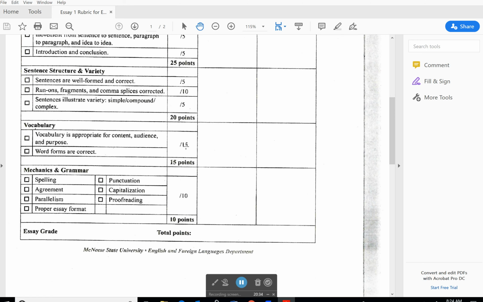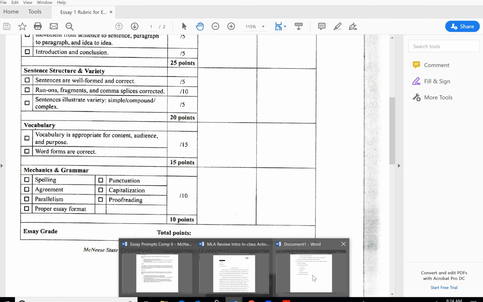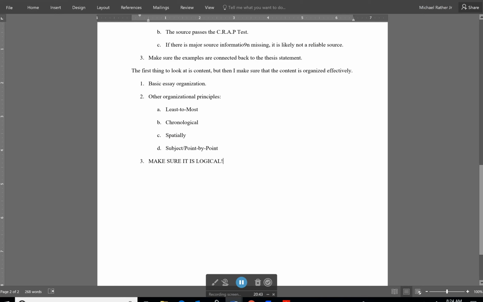I don't like to assign certain numbers of drafts. Some students can do really well with grammar and mechanics in one draft, and some students do really well with content in one draft, and some students need 4 or 5 drafts before they get to where they need to be. But if you think about this as a process, your first step in writing an essay